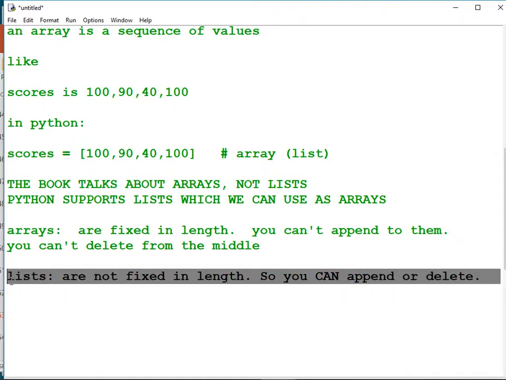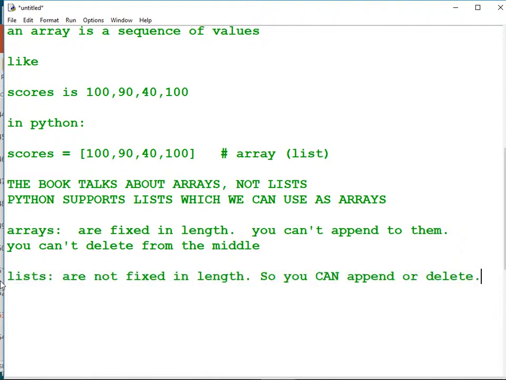But you can treat a list like it's an array. So the guy who invented Python just decided, hey, I'm not gonna even mess with arrays. Everything is a list. Most other languages don't do that. Java, C#, stuff like that don't do that, but Python does. But everything an array does, a list can do. A list can just do more.